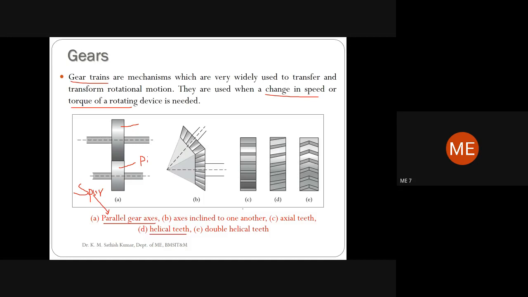Then another one is called the double helical teeth. Now in this case, what happens? The inclination of the teeth to the axis of the shaft results in an axial force component. This can be overcome by using double helical teeth. So for further enhancement of smooth movement, you can have double helical teeth. So this is with respect to the initial case of the gears.